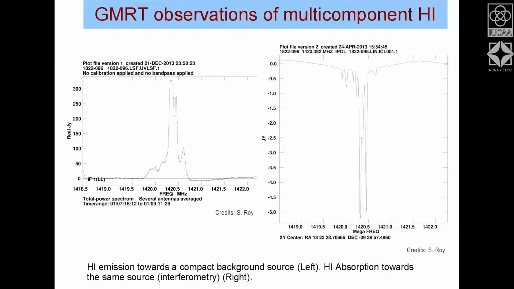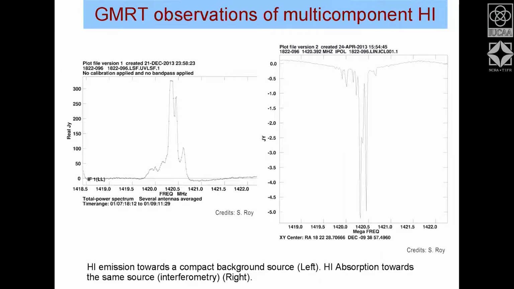On the left side plot, you see what is typically seen by a single dish. That means you are observing in a particular direction, and this single dish is looking in that direction. You can think of it like an optical telescope, that it has a parabolic mirror which converges the electromagnetic waves coming in to a particular area called its focus, and there you have something called a feed, which is the equivalent of the pixel or the camera which you would use in an optical telescope.